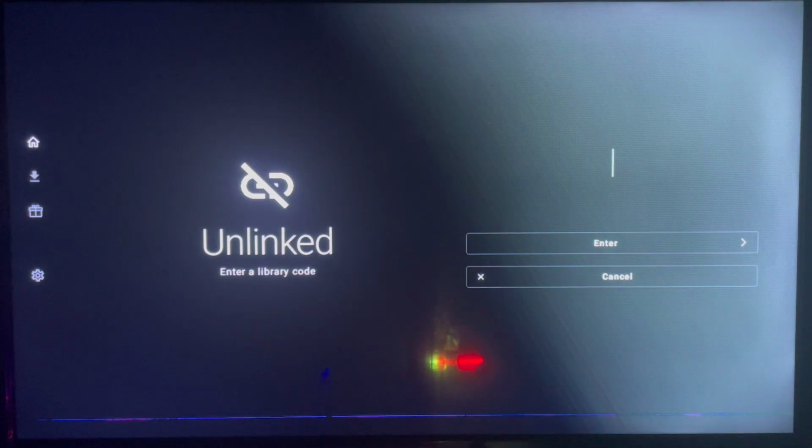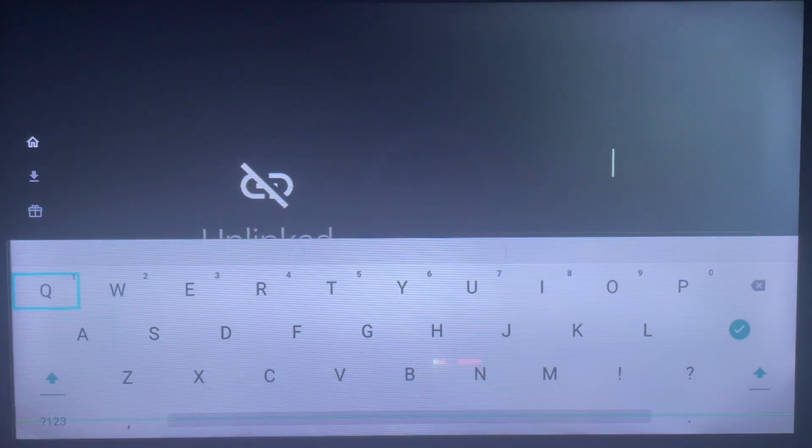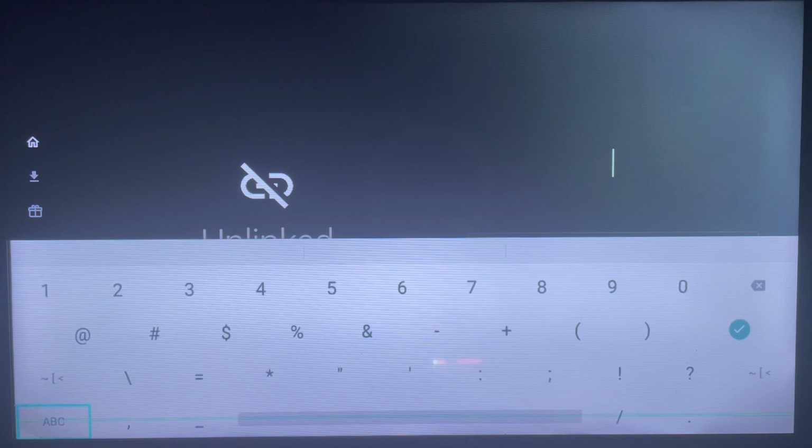Now here you're going to type in the code I'm about to give you. Please follow attentively and make sure not to make any single mistake with the code. So here you're going to type in the code: 67664. So type in this code correctly and then you go ahead and click on this,